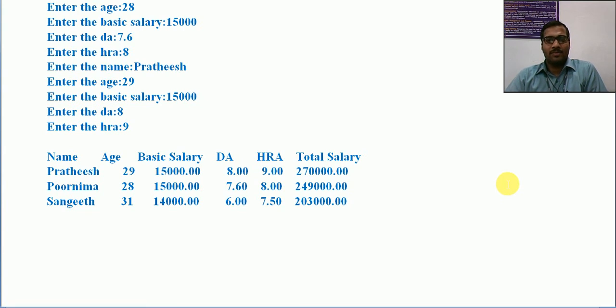Then finally you have seen one example of how different records can be sorted. There we are using an array of structures, and that array of structures is passed as the function parameter, and with that function we are doing the sorting.